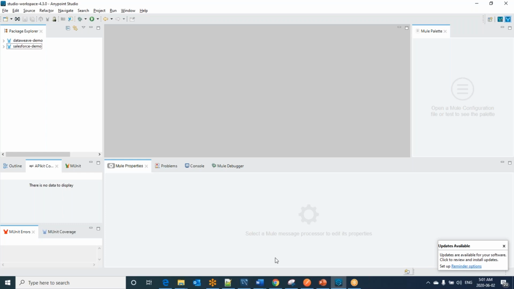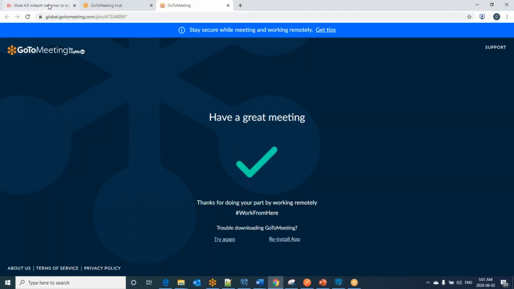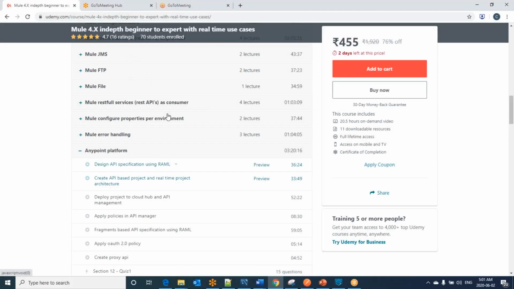If you are not enrolled in my Anypoint Platform section, I have enabled previews on designing an API specification, creating an API-based project and real-time project architecture, and also a fragment-based API specification using RAML. We are going to use this fragment-based API specification that I have built to create this project.